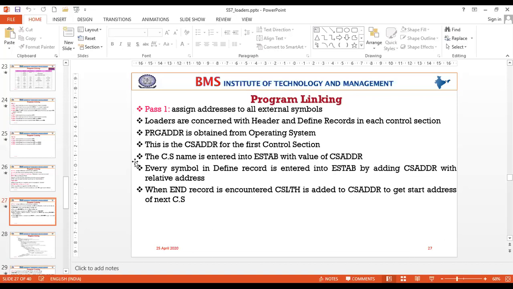but the CS address will be added with the length of the first control section for the second control section, and it will be added with the length of the second control section for the third control section, and so on it goes. Okay, so in the first pass, until the end is reached, we are going to be adding up the addresses for all the symbols being defined in each control section. The symbols defined, in the sense all those symbols appearing towards the left hand side of the source code, will be given an address starting from the load address or the program address given by the